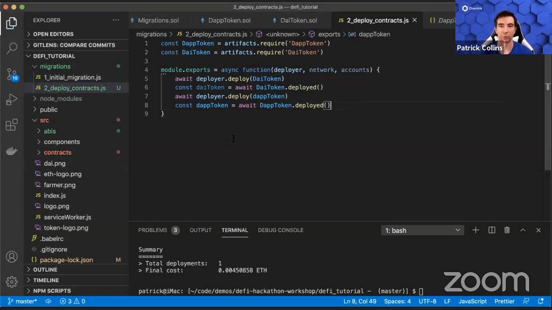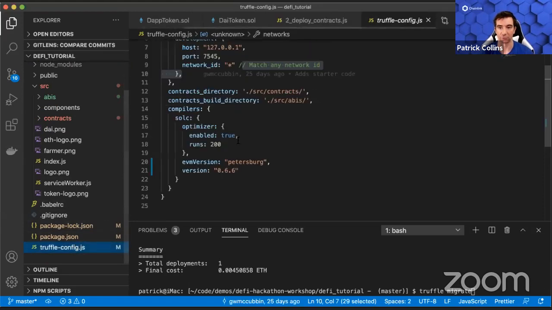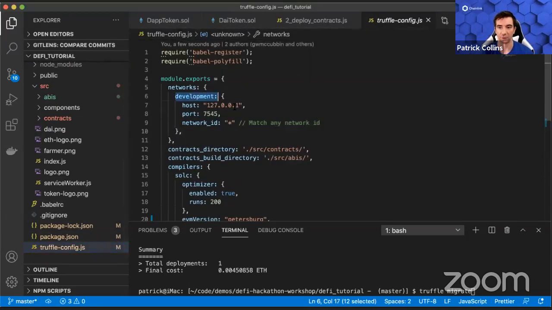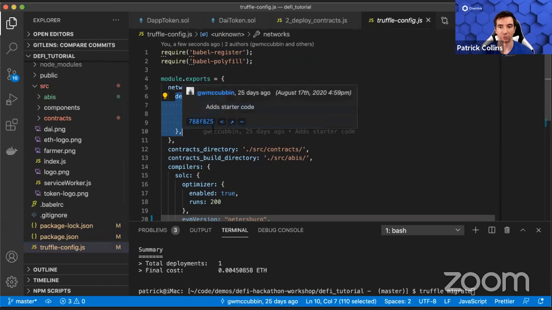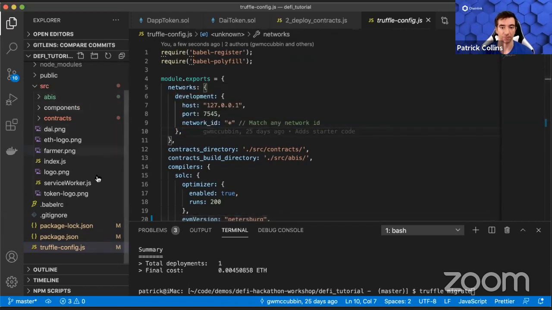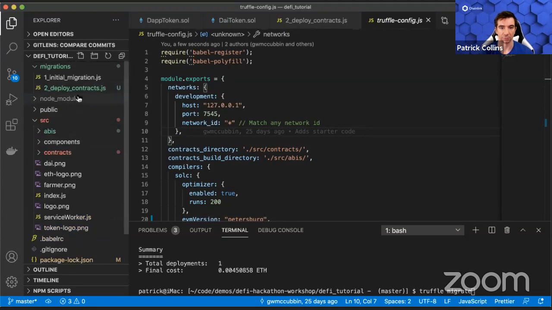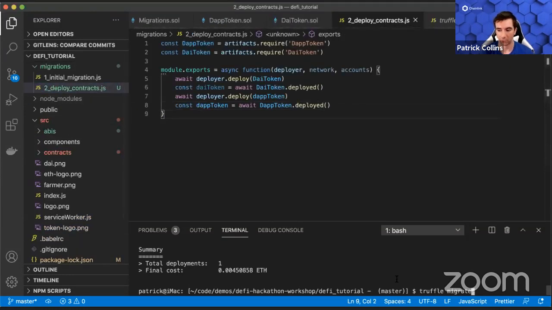So this will deploy it to our local blockchain. When we were running truffle migrate before, we did truffle migrate network live. That was how we connected to Kovan. This doesn't have anything specified, so it's just going to do our default, which is our local blockchain, which I have set up to be Ganache at the moment. So let's go back to deployments. Now, if we do truffle migrate,